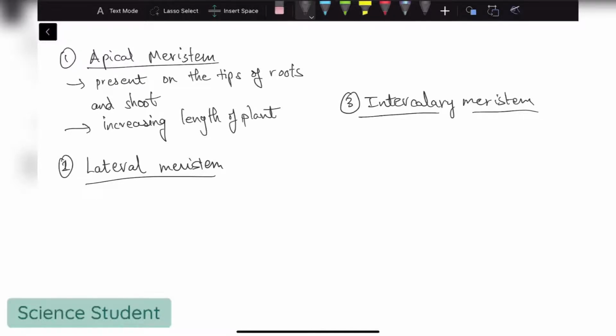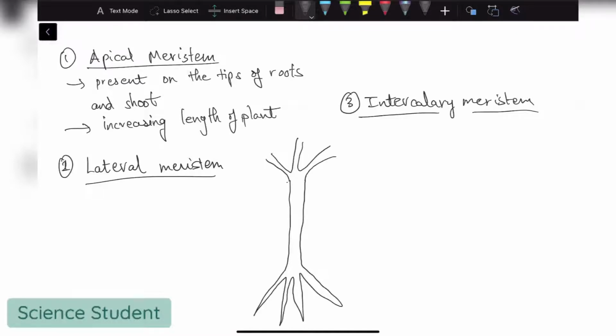So apical, I'll draw a little tree diagram here. Okay, sorry, I'm very bad at drawing. So if this is our plant, then apical meristem would be present here. So I'll label it A, and here. Okay,